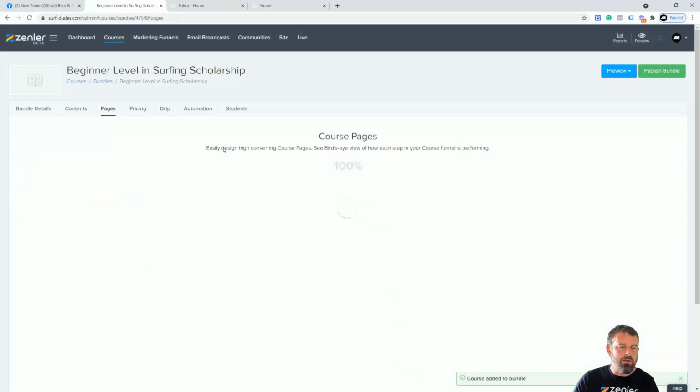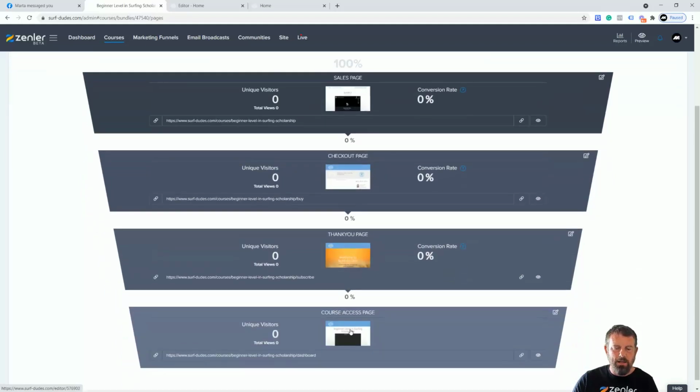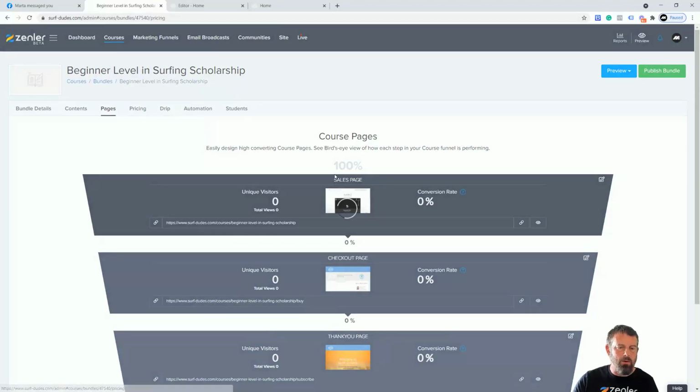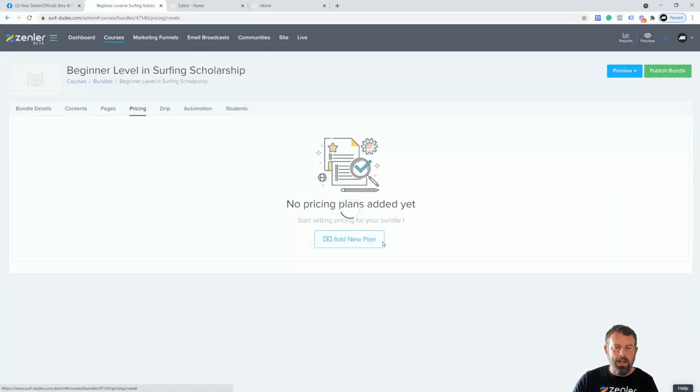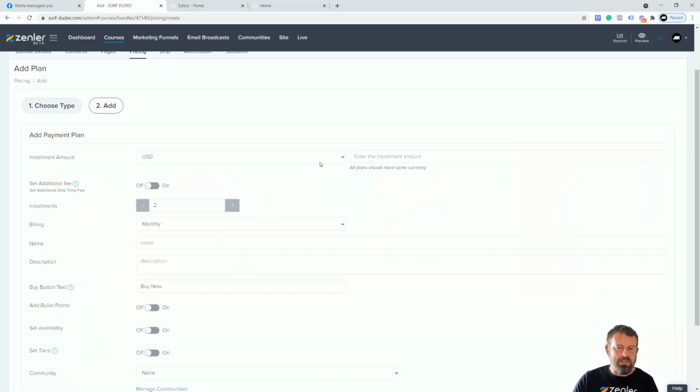You will need to do some additional work. You will need to go and set up your pages in sales, checkout and thank you, and your course access page. You'll need to set those up, but it does mean now that if we come into pricing, we can add a new price plan and go down to payment plan there and click next, and then we can set up our payment plan that's private to this. I'm going to put the 30 in there again. I'm going to say payments of 4, and I'm going to call this